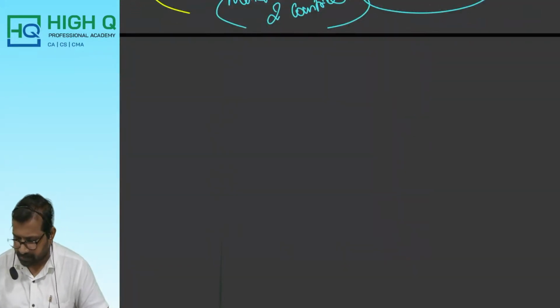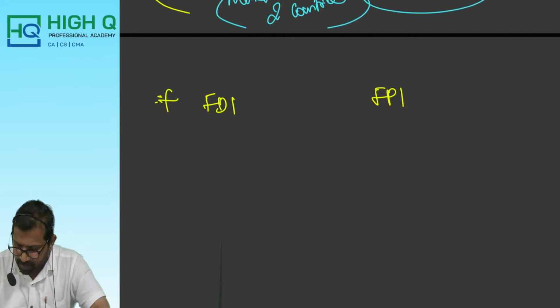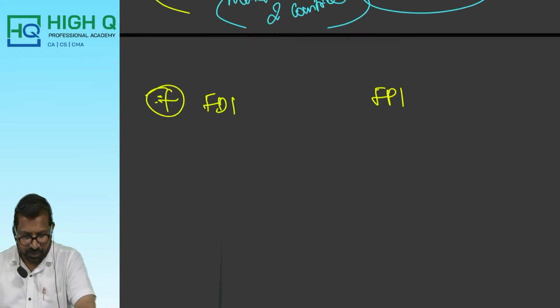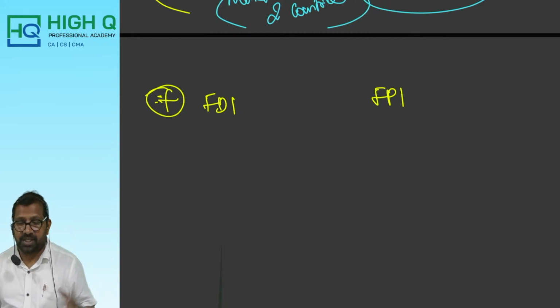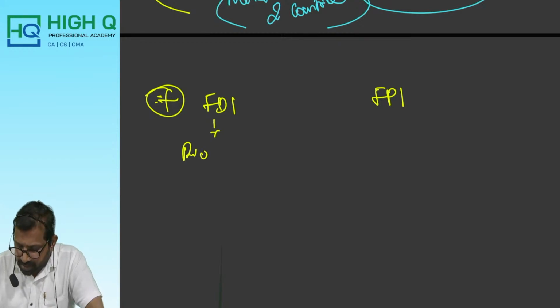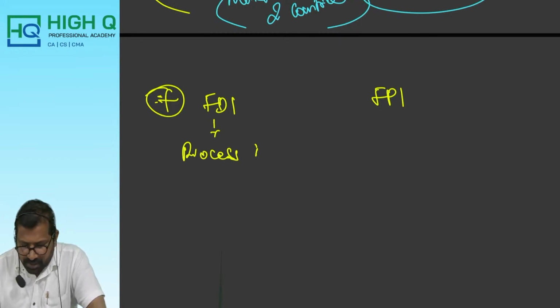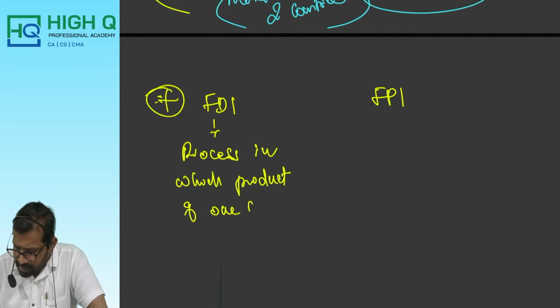Another one is FDI and FPI, again very much important. Foreign direct investment, and another one is foreign portfolio investment. So what is the difference between foreign direct investment as well as foreign portfolio investment? Foreign direct investment is the process in which the resident of one country,